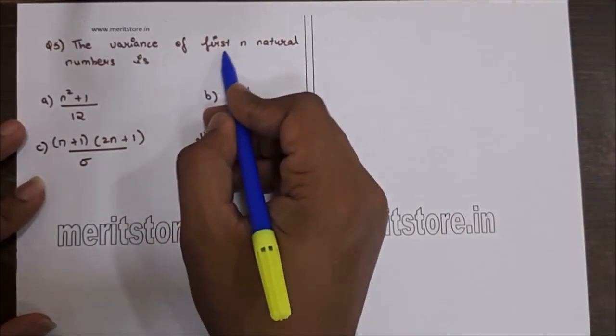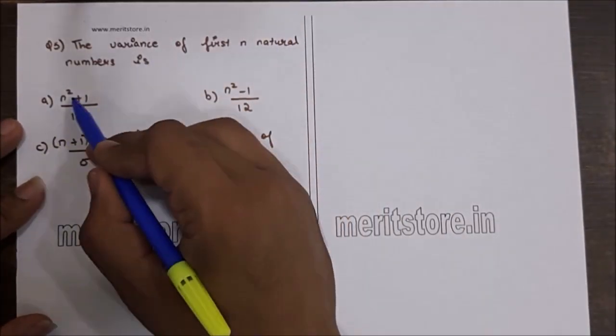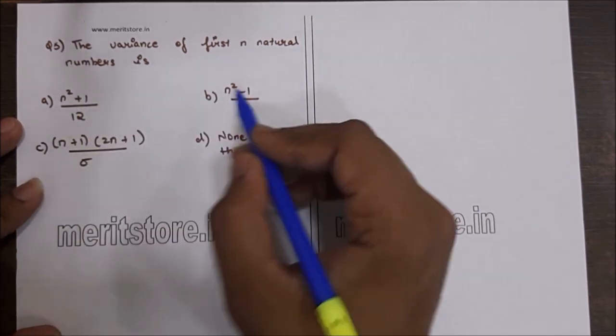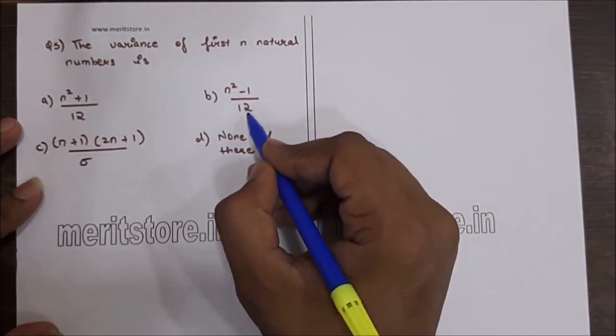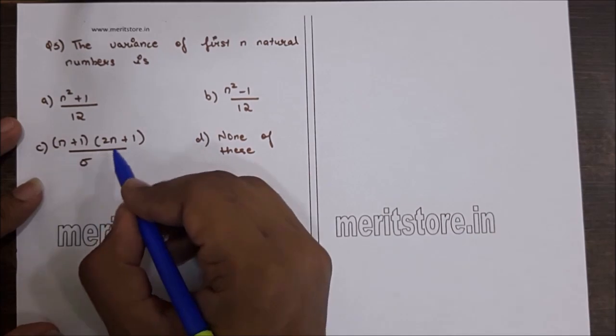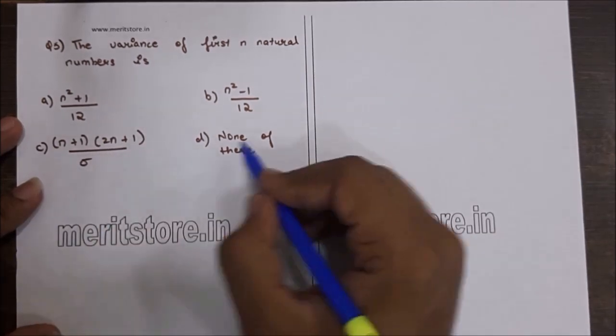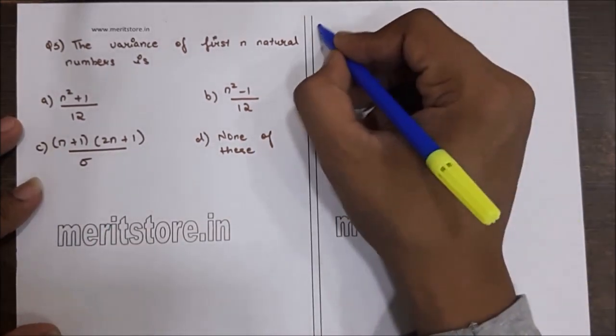The variance of the first n natural numbers is: option A n square plus 1 by 12, option B n square minus 1 by 12, option C n plus 1 into 2n plus 1 by 6, option D none of these. The solution is,